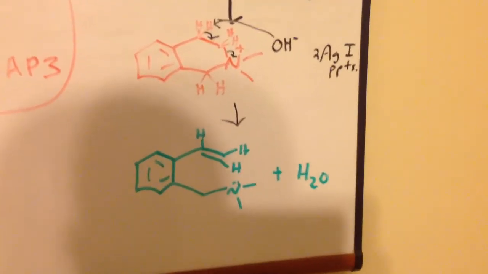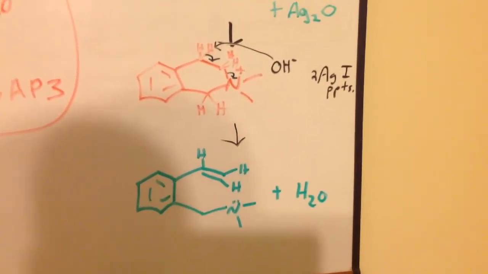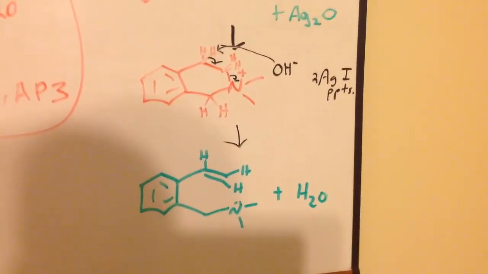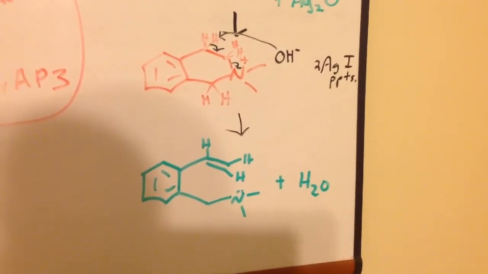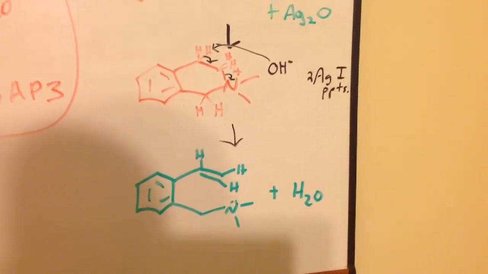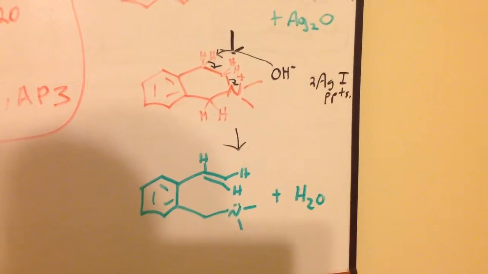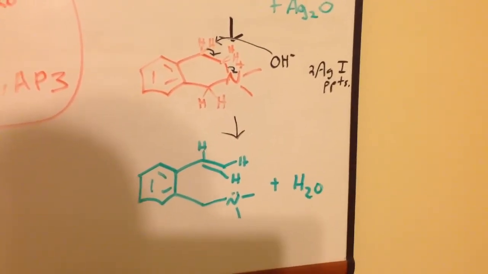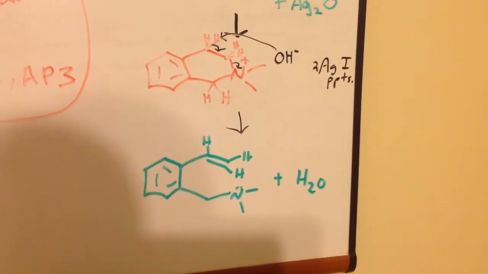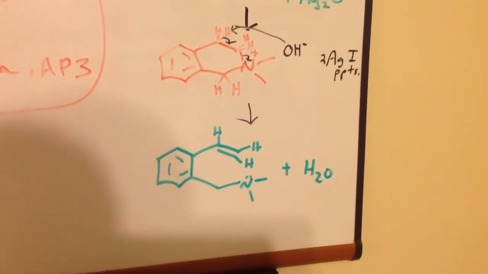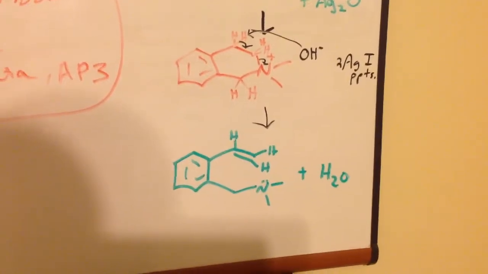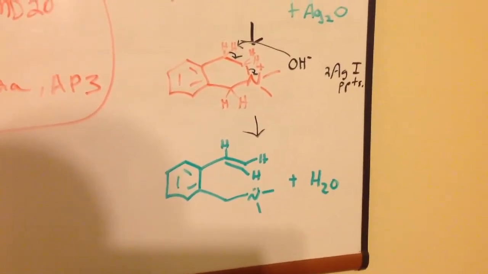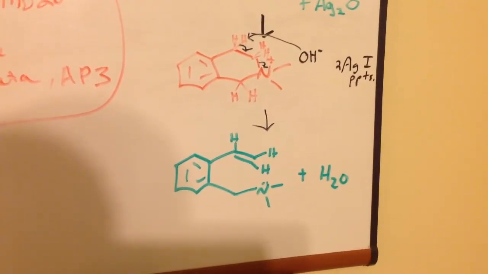So now, students, you can see that the hydroxide has to attack the beta carbon. And there really is only one beta carbon with a hydrogen here. And you can see where that's going to attack in this case. We push our pair of electrons from the carbon-hydrogen bond to make the pi bond. Push a pair of electrons from the carbon-nitrogen bond to give a lone pair. And then the structure down the bottom in green, we can see that in this case, since we started with a cyclic amine, we're going to end up with the amine still attached to the molecule,